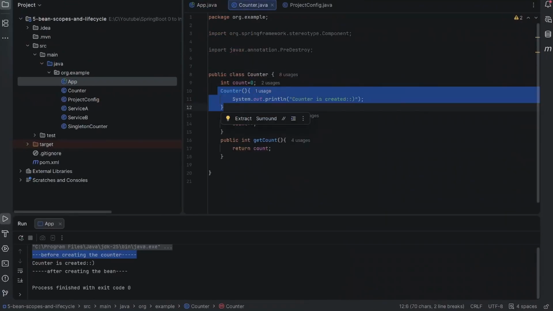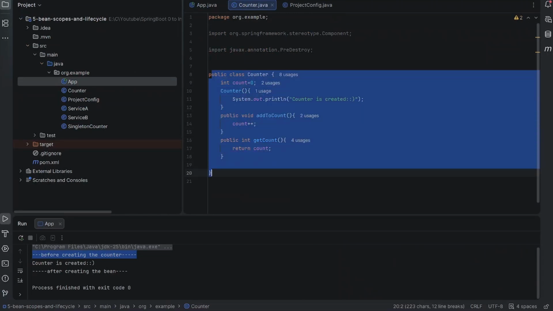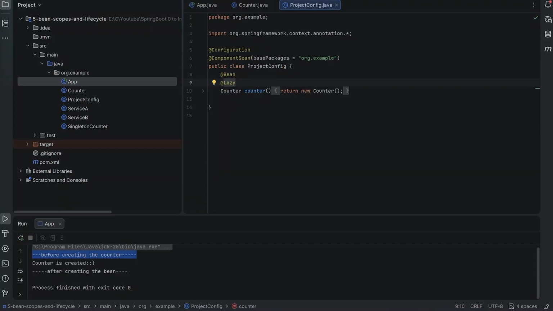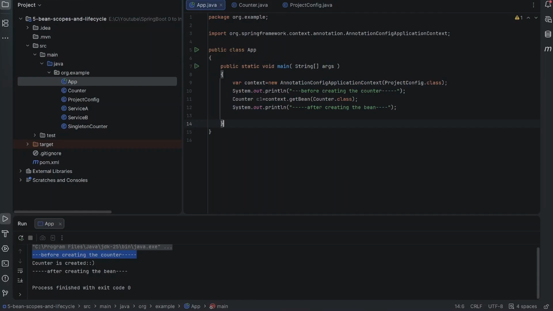So currently we have a counter class, and we have added it to our Spring context. In order to define its scope as prototype, we basically need to write scope and here write prototype. So now it becomes a prototype scope bean. So every time we request a bean, Spring creates a new instance for us. For example, let's see,